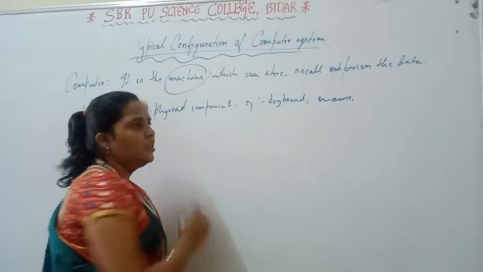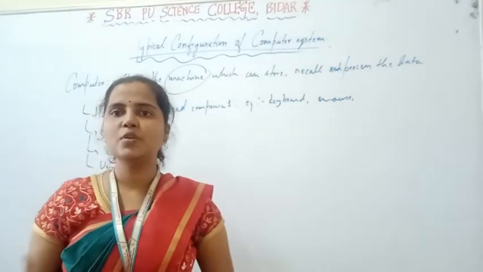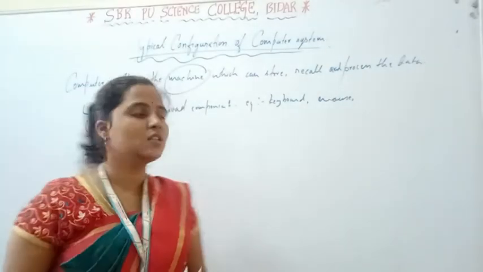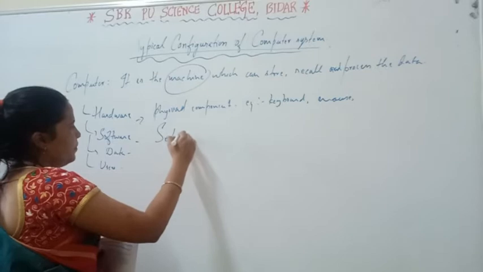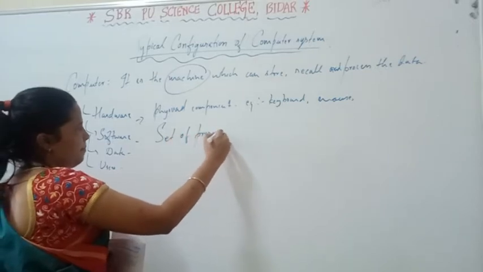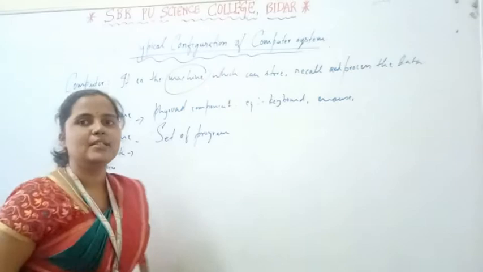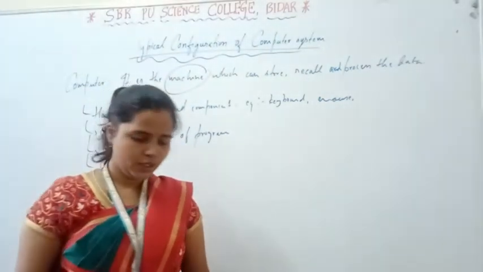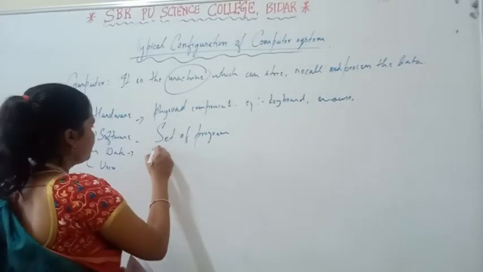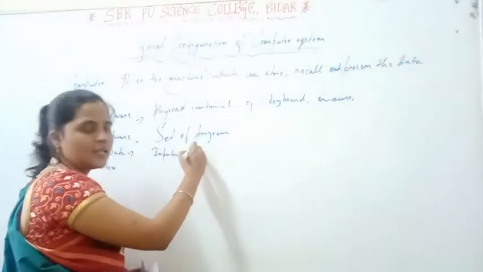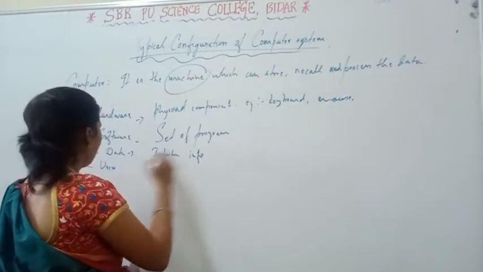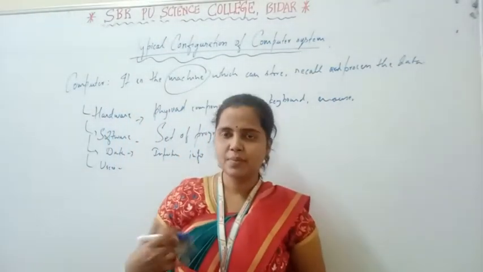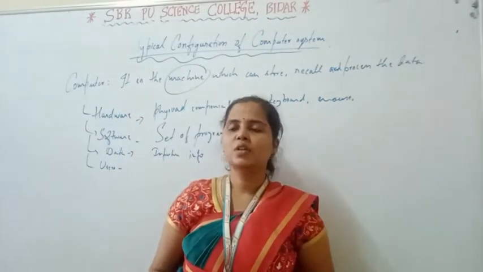Now what is software? Set of programs in order to process something. So in order to process something, we need to write the software, right? Set of programs are termed as software. Okay. Data. So this is the information we are going to input in the computer. जो भी information input करते हैं, so that is called data. Next, what are termed as users? We all are termed as users. The persons who operate the computer are termed as users.